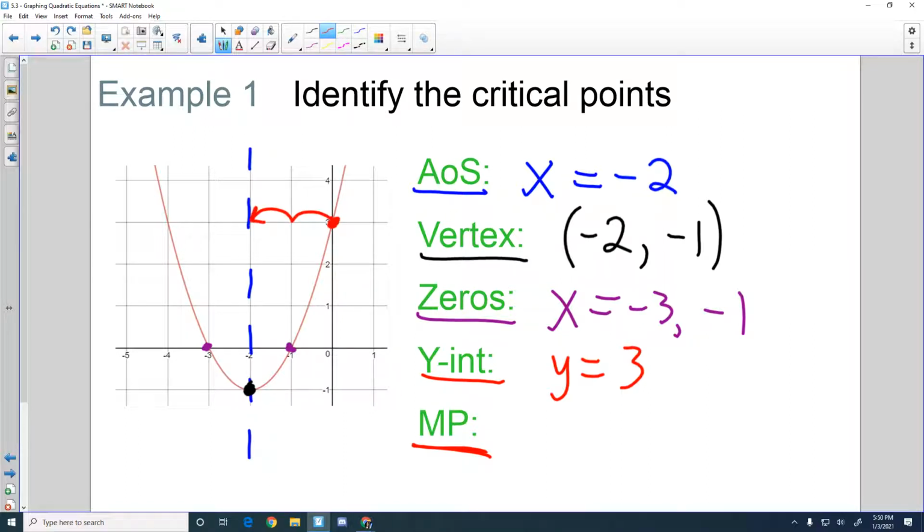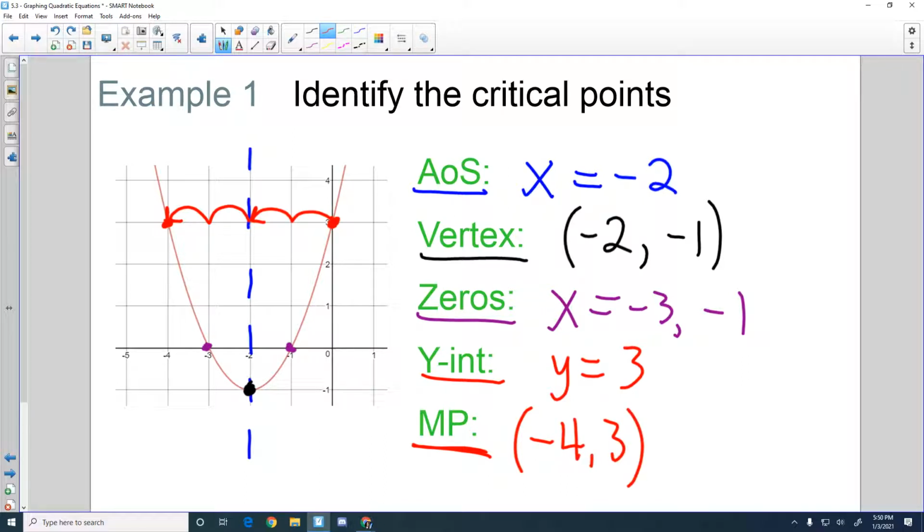That's 2 points away from the axis of symmetry. Its mirror point has to be that same distance, but in the opposite direction. So from that same axis of symmetry, I'm going to count 1, 2 points, and this is where its mirror point would be, its reflection point. And so this one, I am going to write this as an ordered pair. That is at (-4,